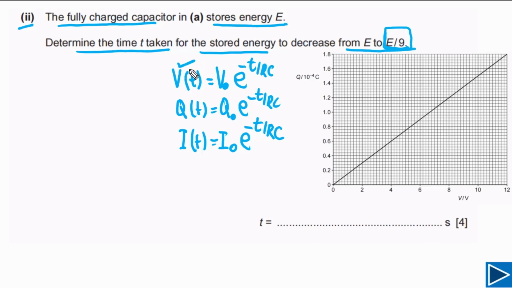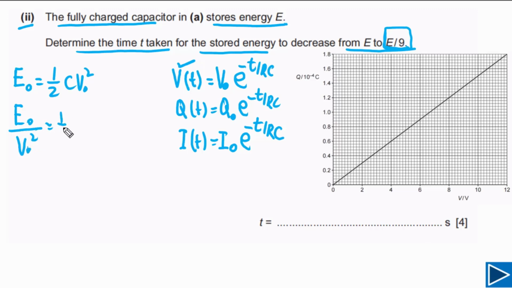So we will find out the value of V when the energy stored in the capacitor is E by 9. So let's start to find out the value of V. Energy stored in a capacitor, let's say this is E naught, this will be equal to 1/2 C V naught square. But in this case, we can write E naught over V naught square